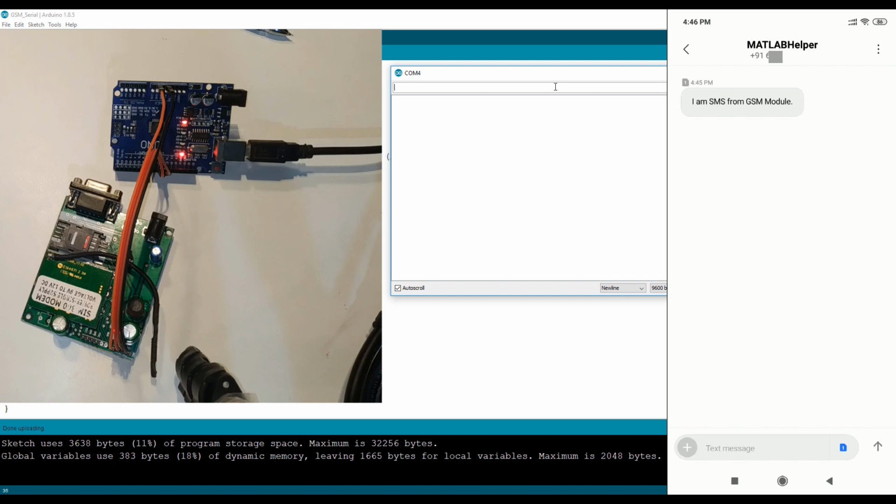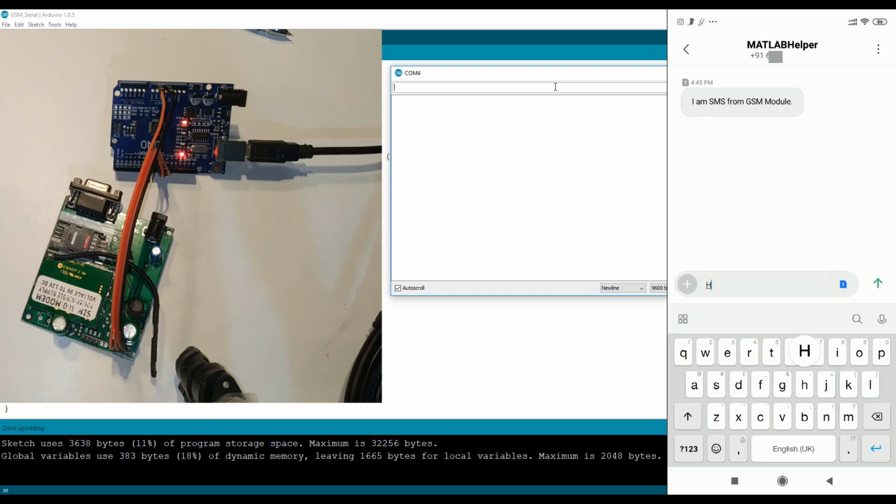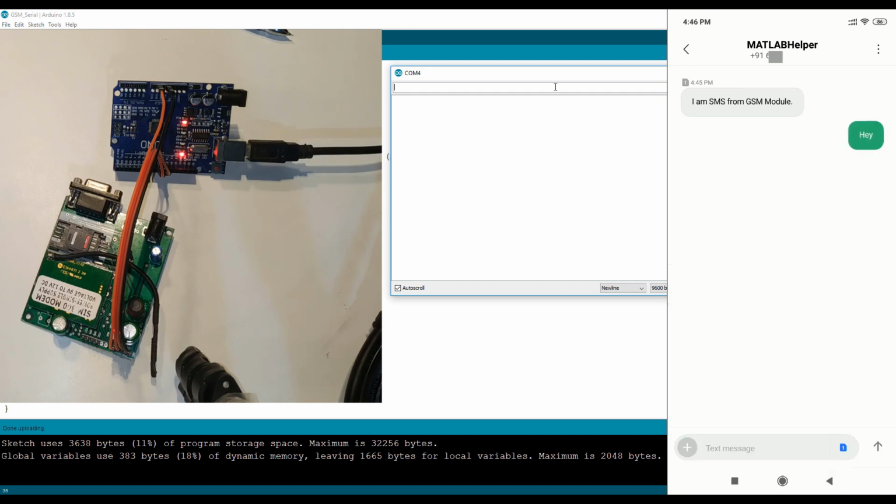You can see I have received an SMS on my phone, and if I reply back, but before that I'll have to put case 0 over here, and if I reply back, the message should display here. Many times, because this serial monitor keeps on clearing up, the message is difficult to receive rather than send. So I'll just send it again by tapping 1. So I've received the SMS again.